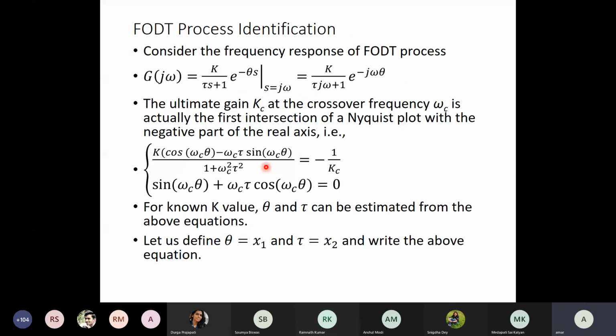Finally, another thing in the frequency response domain, we can also do process identification. I have given you some classical process identification techniques in the Laplace domain, when we have a step response: the Ziegler-Nichols method, the Sundaresan-Krishnaswamy and Smith's method, as well as the Takahashi method.